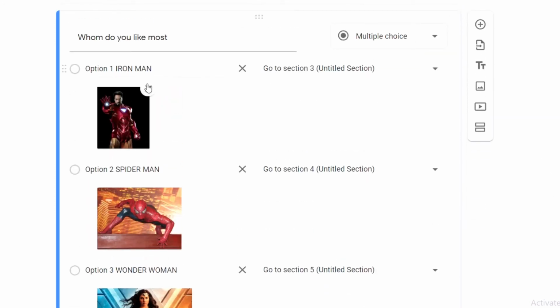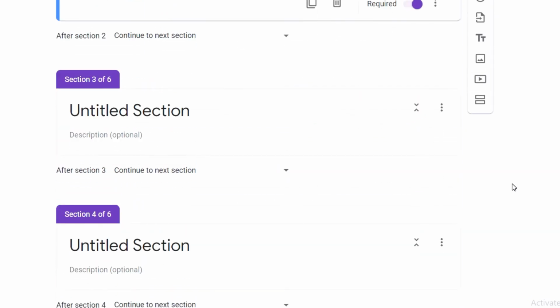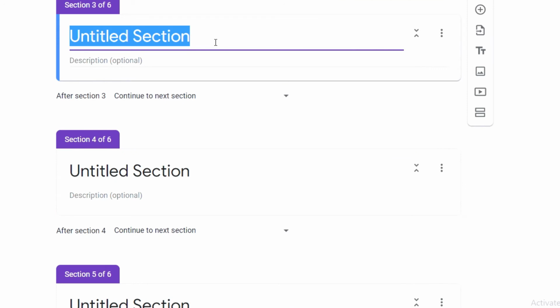So once you set Iron Man, go to section 3. Once the student clicks this option in their question paper, they will be automatically directed to section 3, and the students who click Spider-Man option will be directed to section 4. Now under these sections, you have to set some questions. Let me show you how to do that also. Come to here section 3. We have allotted this section for Iron Man, so title this section as Iron Man,